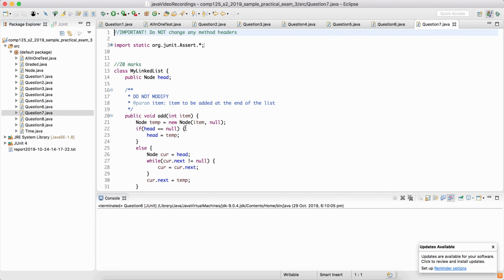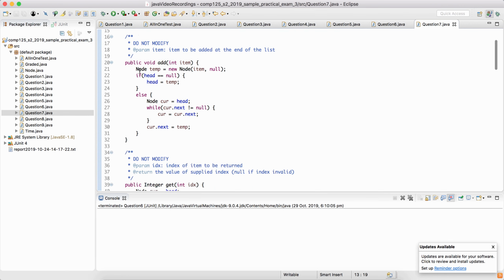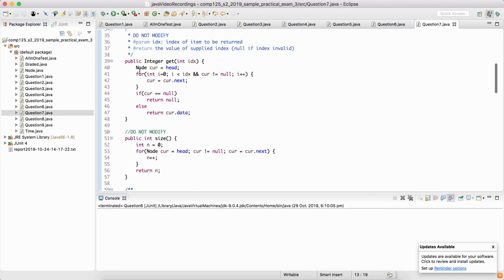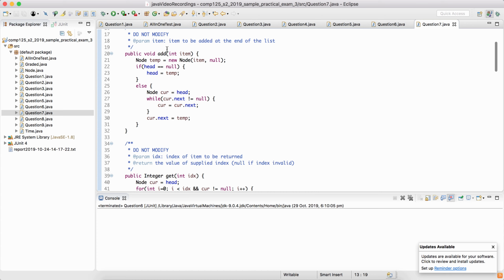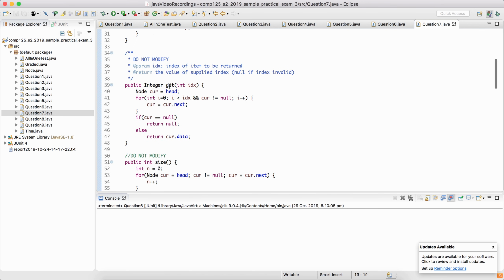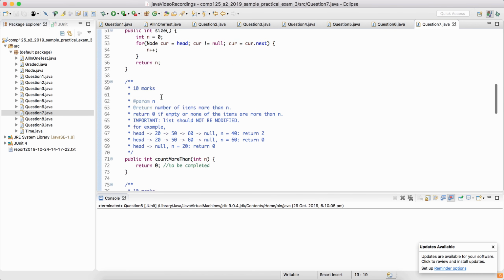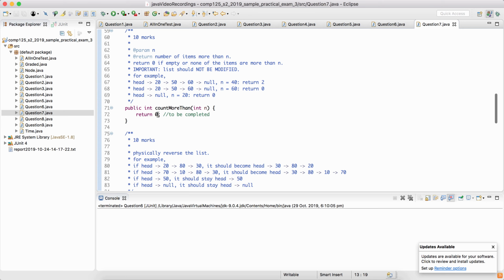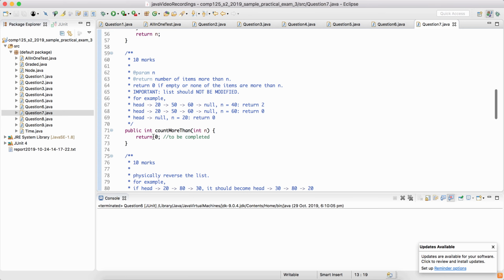Question number 7, it's on custom built linked lists, and there are a couple of methods you don't want to modify, which are adding an item at the end of the list, getting the item at a specific location, the size of the list, and now there are two methods, countMoreThan n. So you're given a value n and you're supposed to return the number of items that have a value